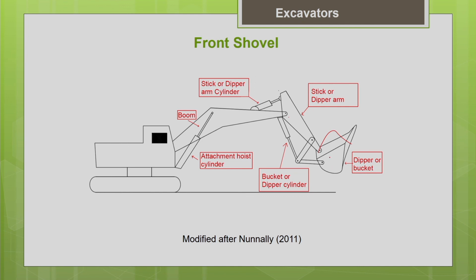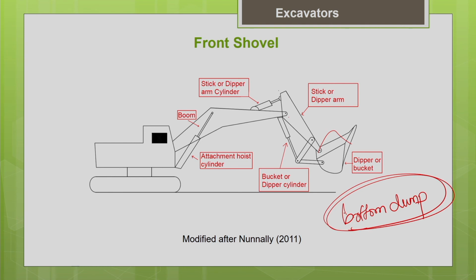Very commonly you can see bottom dump buckets, which facilitate the material to be dumped in the downward direction. Through the bottom there will be an opening which lets you dump the material. But the limitation of the bottom dump is that these buckets are heavier, so that will limit the lifting capacity of the bucket. Otherwise the advantage is you can easily dump the material without much spillage. So that's the advantage with the bottom dump bucket.